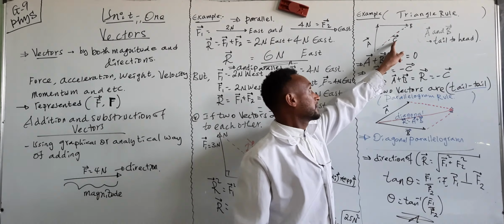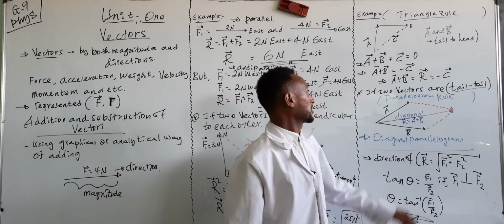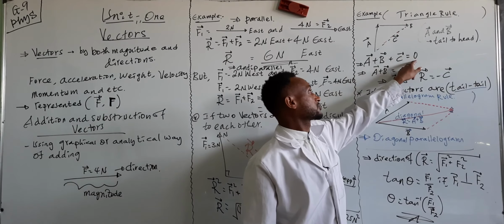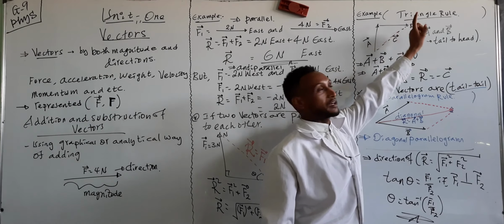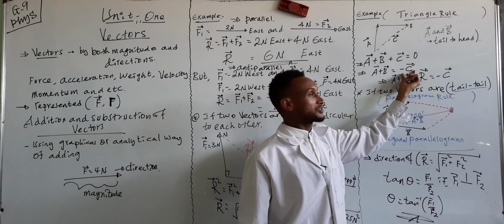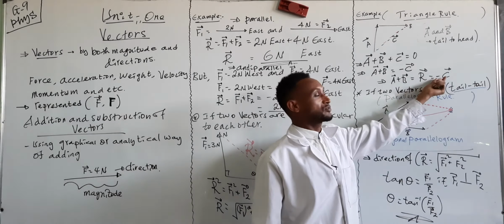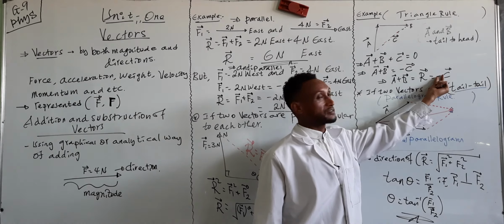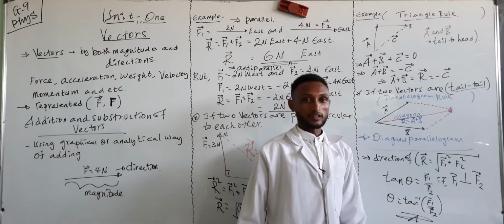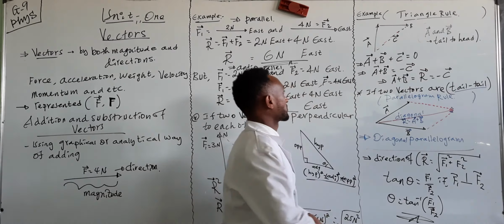a plus b plus c is equal to 0 according to the triangle rule. That means a plus b is equal to 0 minus c, that is, minus c. A plus b, the resultant of a plus b, is equal to minus c. This minus, or negative, what does it show us? The direction of vector c, for example like this,